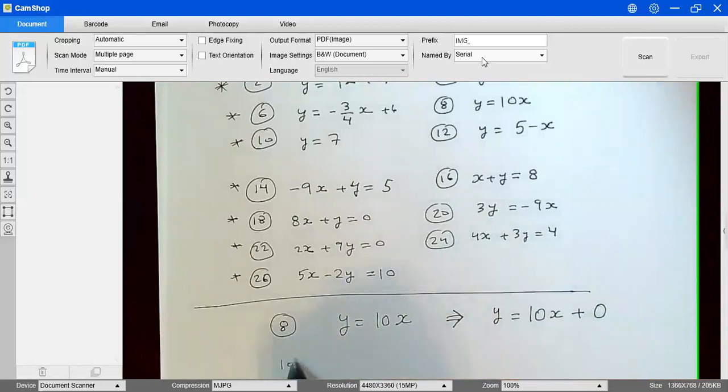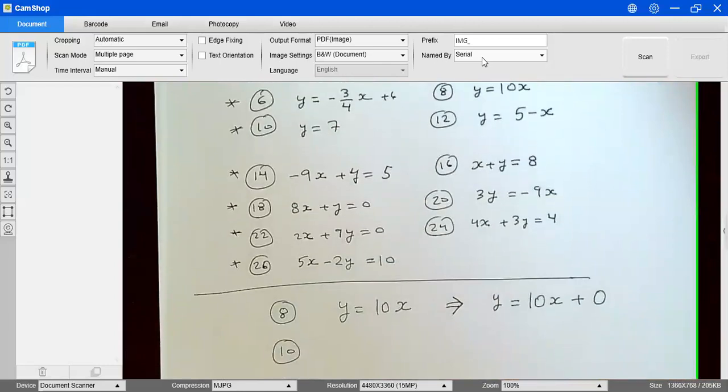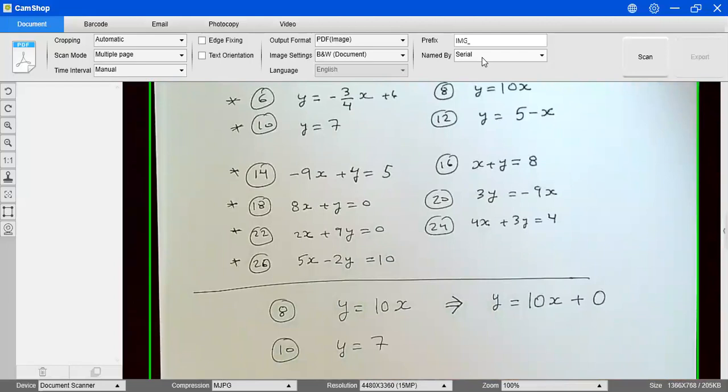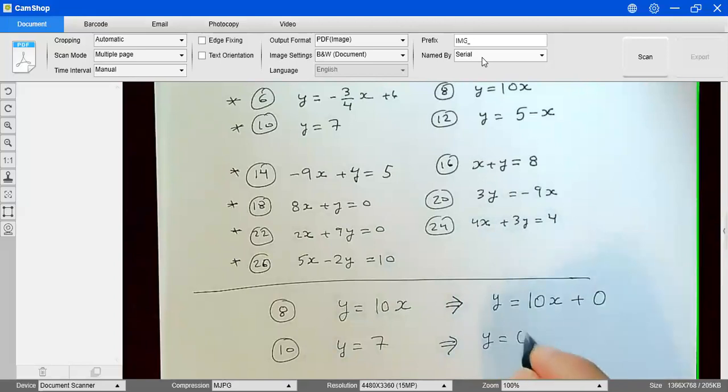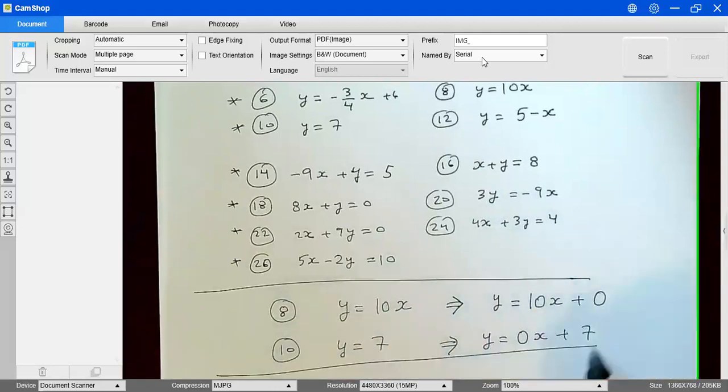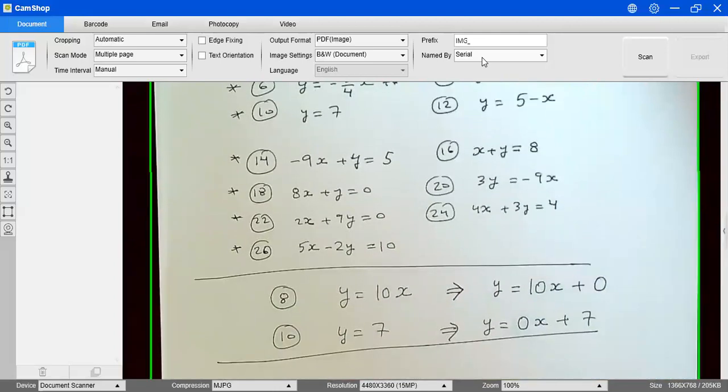The same thing with number 10. So number 10 is just y equals 7. So now you are missing the x term. So that means that the coefficient of x is 0. So you can rewrite this as 0x. That's the reason there is no x here, plus 7. So I think with these two clues, you're going to be able to solve all those problems and find the corresponding slope,